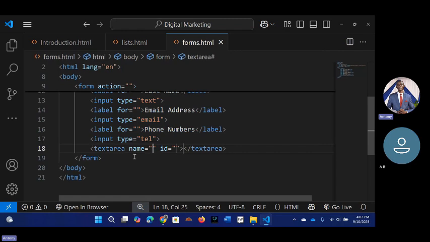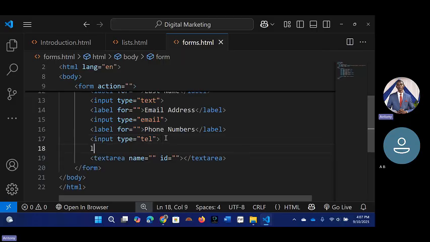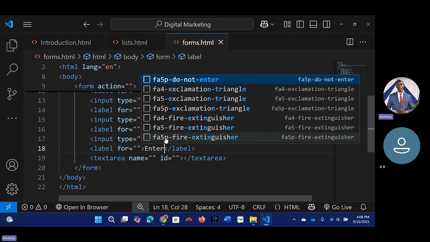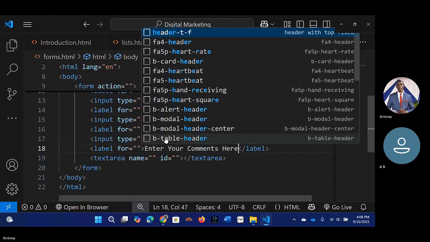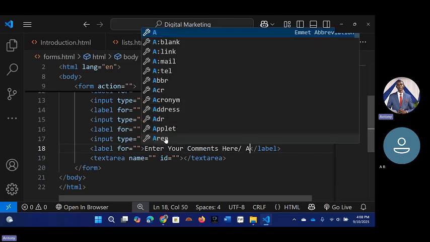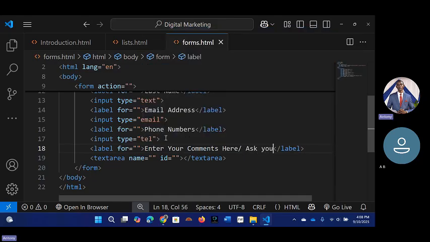When you write text area, you don't have to add input, but if you want, you can add a label just to specify what you want with this one. It's just making it easy for people to understand what you actually want. You can tell them, enter your comments here, or ask your questions here, whatever you choose to do.